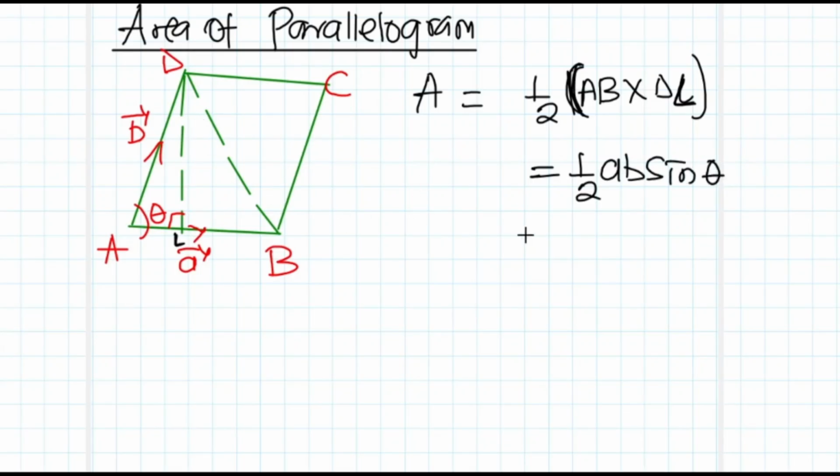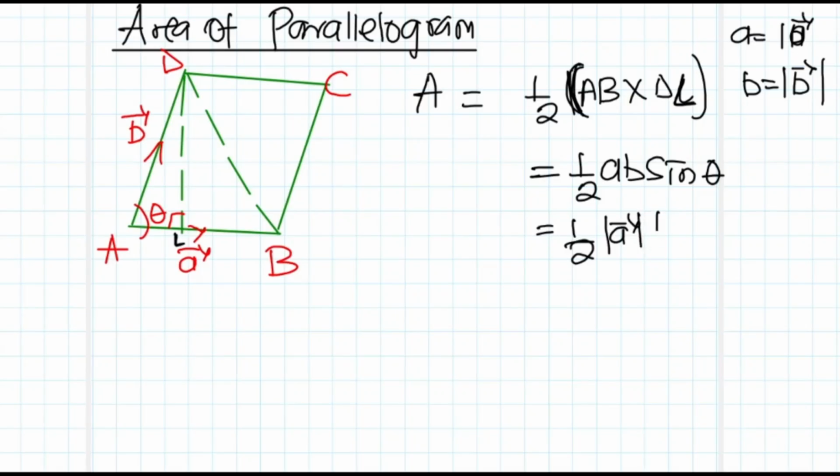When we talk about this AB, we are talking about A, which is the modulus of A, and B is the modulus of B. So this is the same thing as saying half A multiplied by B multiplied by sine theta,